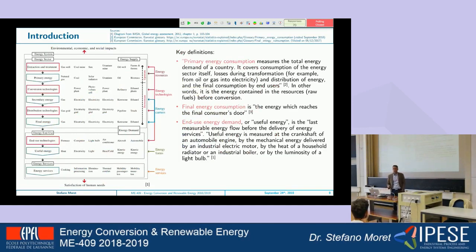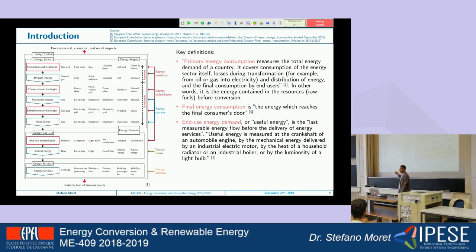So this is a quite good representation of what an energy system is. There are some definitions which will be very important that you remember in the course. Usually when we look at an energy system from top to bottom, let's take the example of the heating of a house. We start from our human needs. And in that case, we want to cook food. So we need heat in order to cook food. So that's our final energy service that is needed.